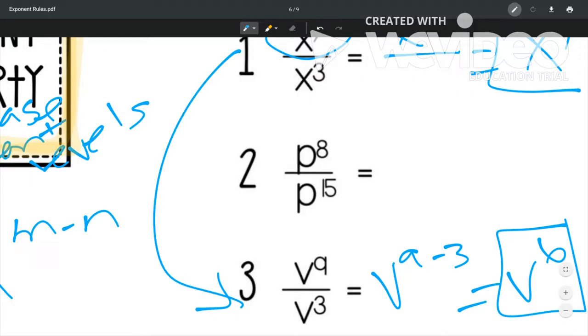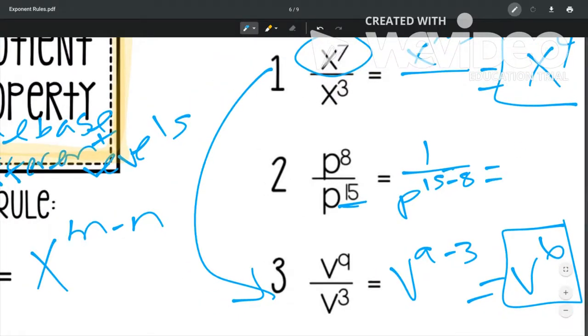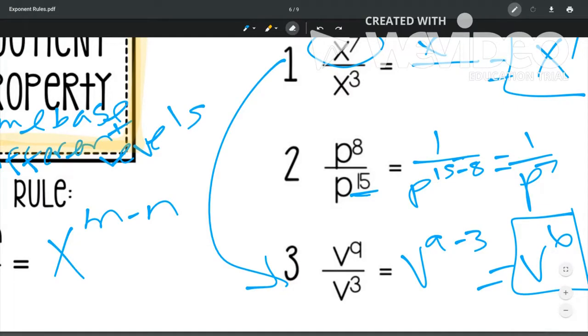So, what we would do, and what I would rather have you guys do, is look up for the stronger one right here, which is the 15, and use your quotient property down here, and do 15 minus 8, which would get you 1 over p to the 7th. And this would be your final answer. The test taker people, yeah, you see, they don't like math or don't understand it maybe. Shh, don't tell them. They'll give you this as an answer choice, but